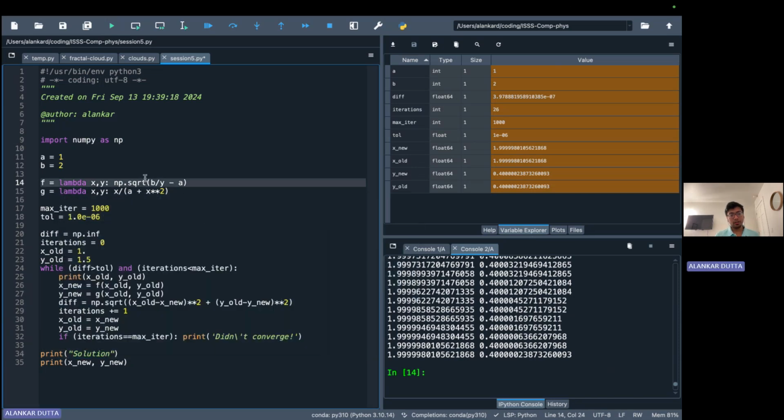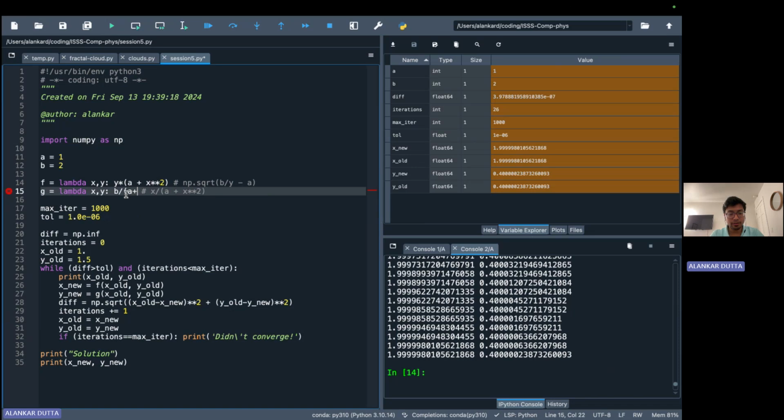Right. So then let's try the previous one where we saw that things are not converging. So this is y times a plus x square. So we are going to comment this out and write it as y times a plus x star 2. And the other one was y times a plus x square and b by a plus x square. So b by